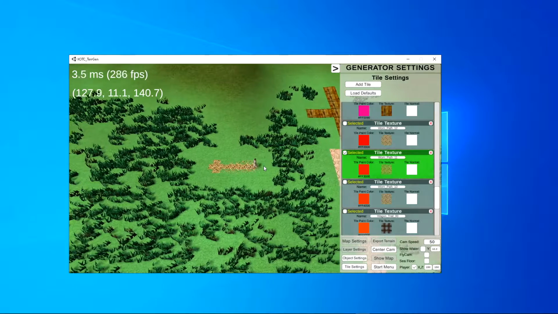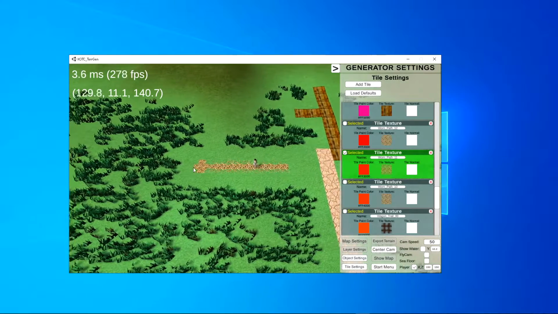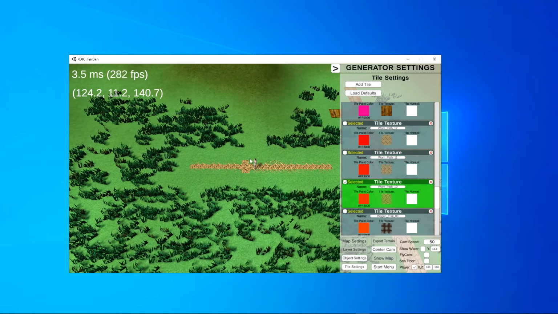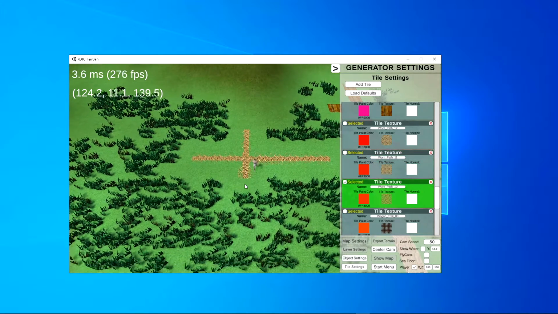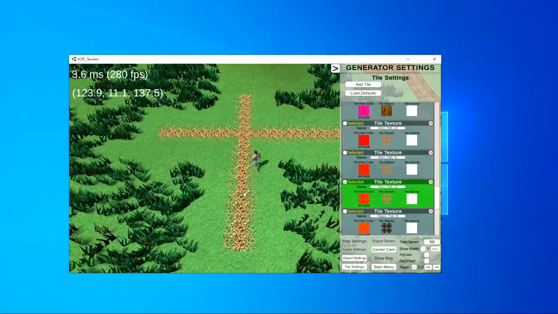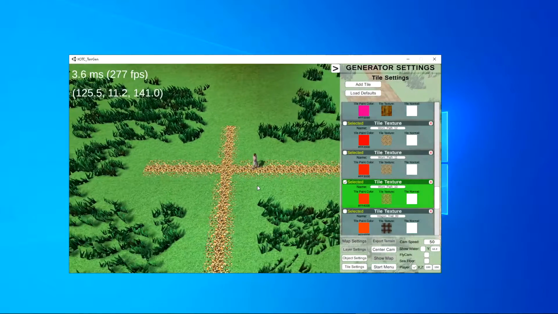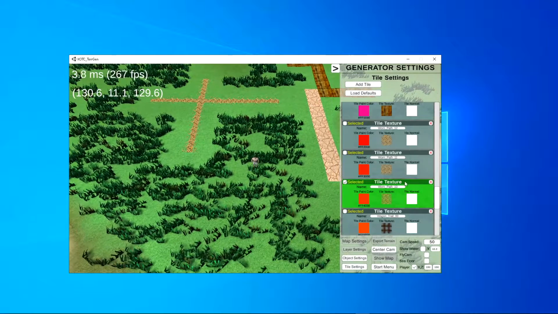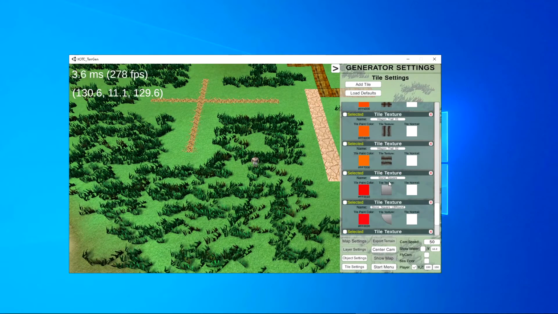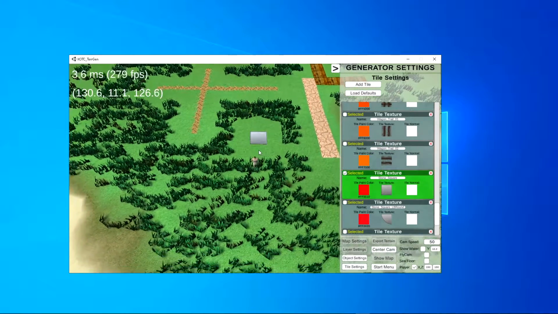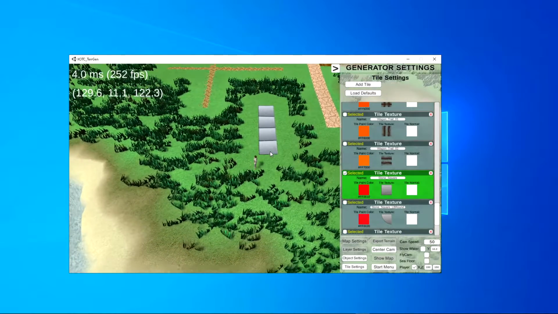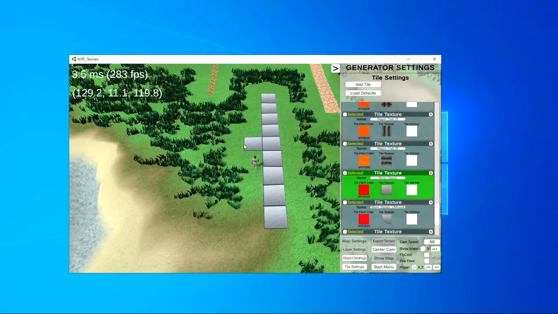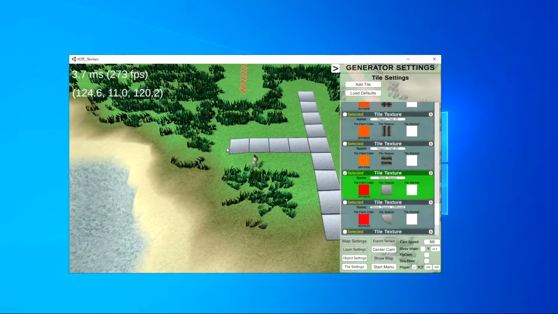And then this is the horizontal going each way. This one's a vertical. If you zoom in, basically it's just like a little worn path. And then my favorite one right now is just a regular stone square. Place a few of these, and